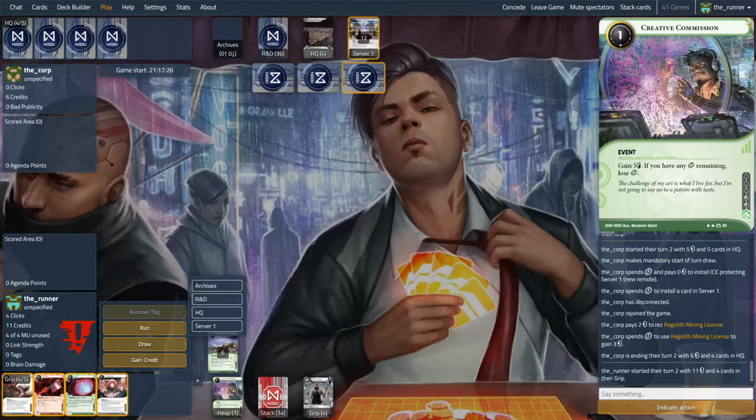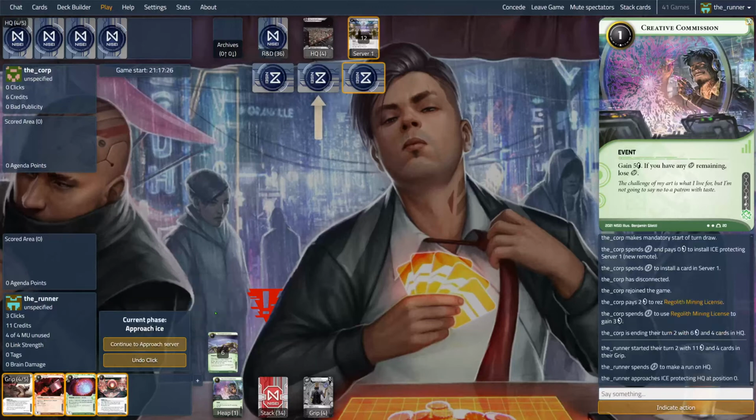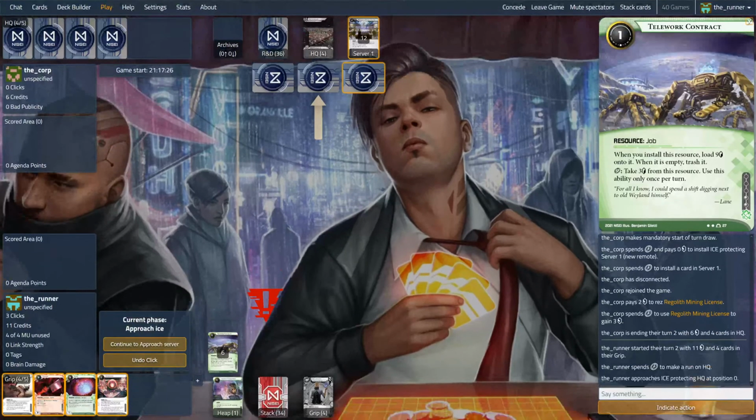and then I can choose which server I can run. Okay, of course, this is exactly like in a physical game where I would just be saying, hey, I'm going to be running servers, and then I just name the server. On JNet, of course, there's a button for everything, so I can choose the server. I said I'm going to be running HQ, so I'm going to just click HQ. And now what happens, and you can hear the sound, is you can see this arrow here, and this arrow basically means that I have initiated a run on this particular server,